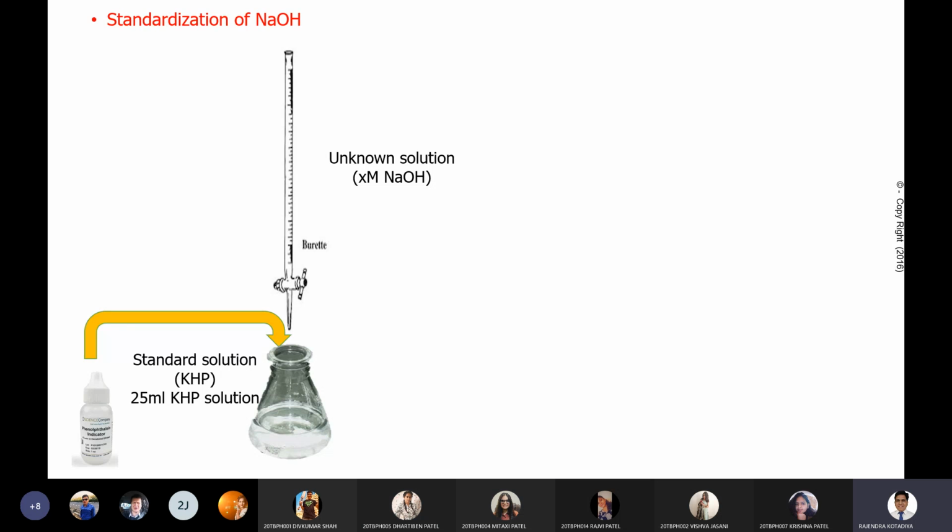Yes, NaOH will react with KHP and it starts neutralizing the KHP solution. Okay, so હવે આપણે drop by drop add કરવાનું start કરશું NaOH, and because of that it will neutralize some part of KHP. So at certain level or after certain point you will find